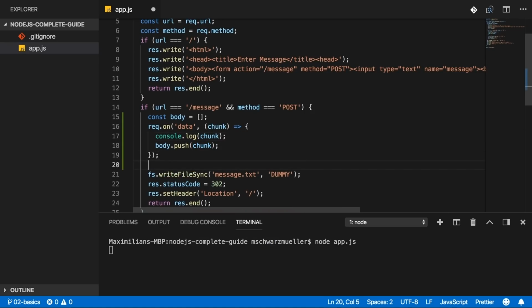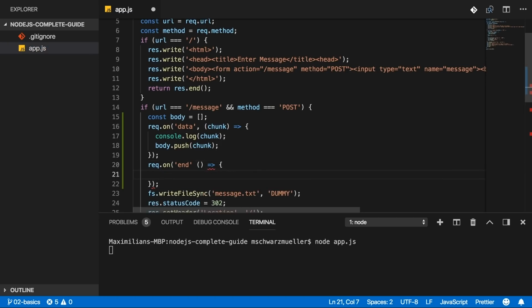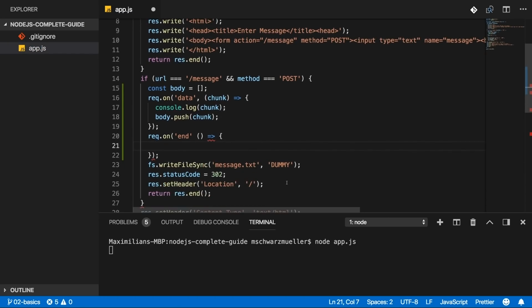Now we need to register another event listener, and that is the end listener. This will be fired once it's done parsing the incoming request data, or the incoming request in general. Here it will again execute a function we define as a second argument. And in this function, we can now rely on all the chunks being read in. And they're all stored in the body now. Now, to interact with this, and don't forget the comma after end,